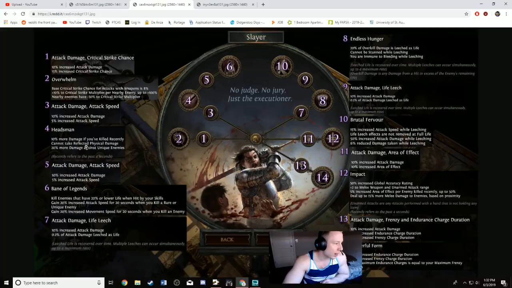Headsman's not too bad either. This 20% more damage against unique enemies is pretty nice. 10% more damage if you killed recently. The Reflect Fizz doesn't do anything, so this is alright. Band of Legends isn't really too bad, but it's not super great. The Cull is kind of whatever. Culling Strike really is only useful on bosses, and it's like, eh. Conditional attack speed and movement speed is alright, but it's only 20% increased attack movement speed, so also kind of